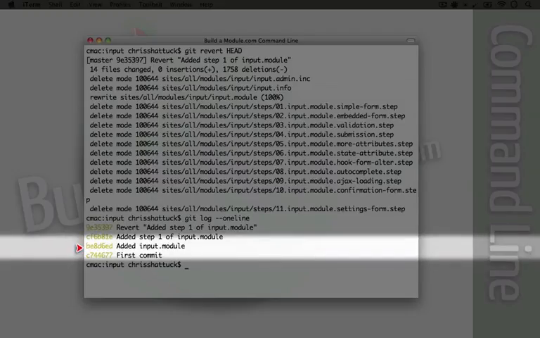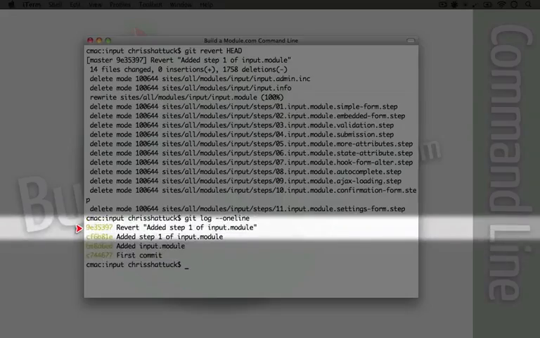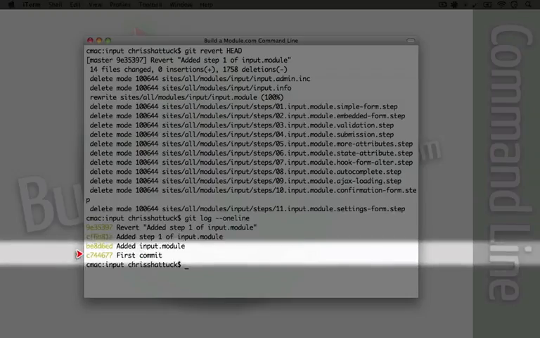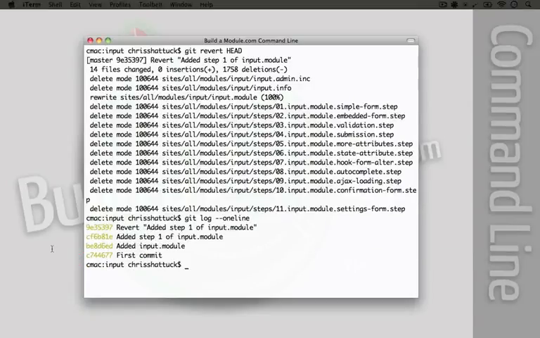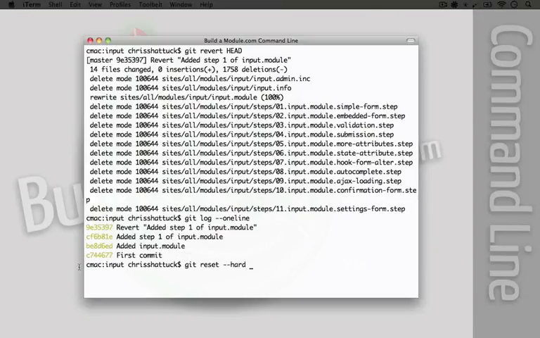BE8D6ED hash. But what it doesn't do is revert everything in between. So if we said revert this, it would just revert the changes made here. If we wanted to revert back to this, we would need to revert this change, and this change in order to get back to here. Now, if we want to remove actual history and roll back past commits, and remove the commits entirely, then we're going to use a command we've already used before, which is git reset --hard, and then the hash of the commit we want to reset to.